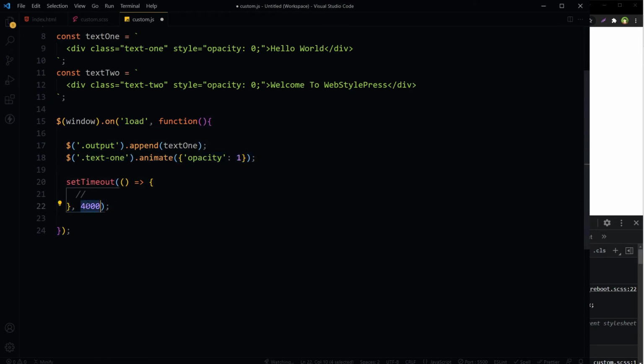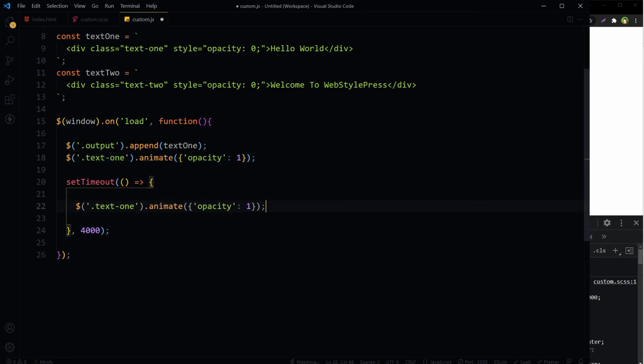And then after 4 seconds, we will take this element again and change its opacity to 0. Save. So this element, first div, was appended, then its opacity was changed from 0 to 1, and after 4 seconds we changed its opacity back to 0.